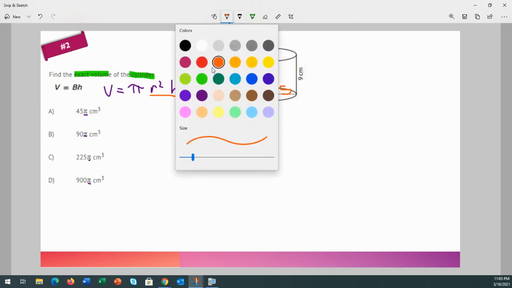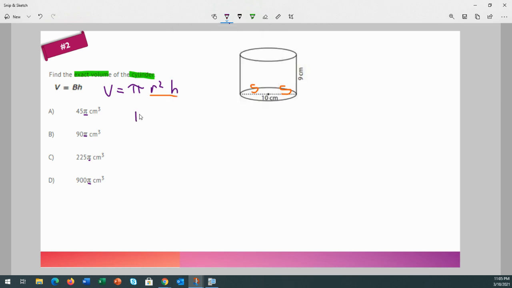So I'm going to get my purple pencil back. So we're just going to rewrite every step of the way. Pi times the radius squared. Okay, the radius is 5. So times 5 squared times the height, which is 9. Okay, let's rewrite it another step because we know what 5 squared is. Pi times 25